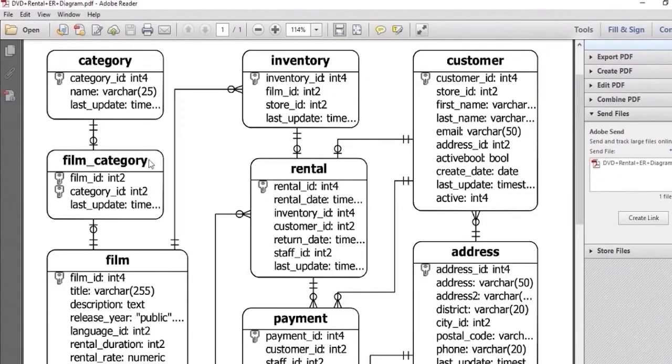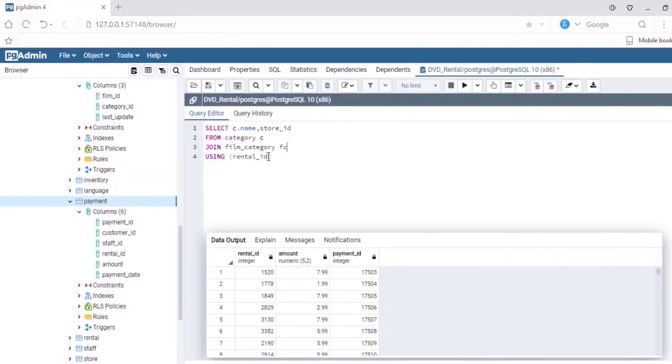So we'll join these two tables by using the category id, so the key is category id. And then we'll join it with the film table, that is f, using